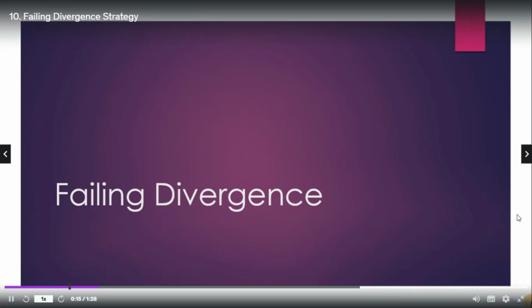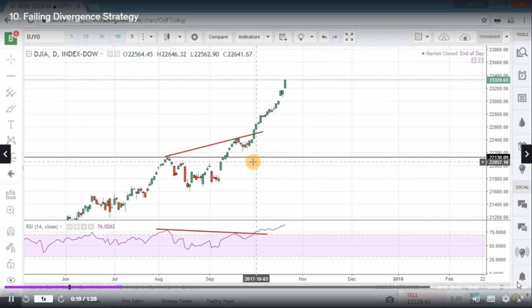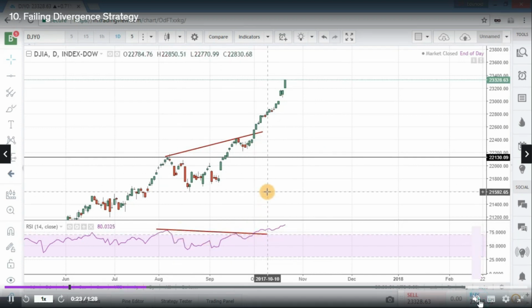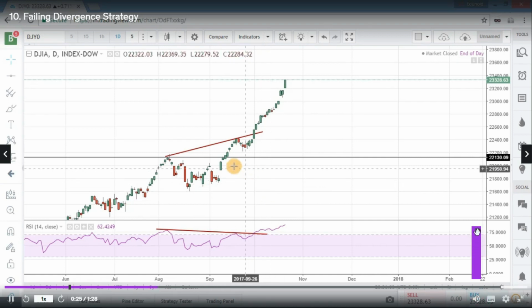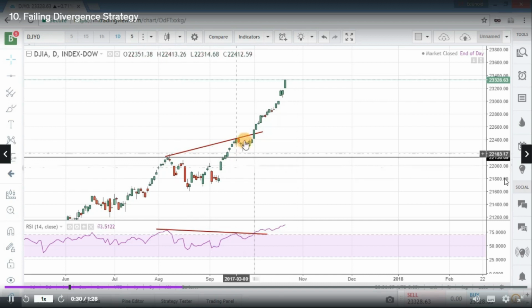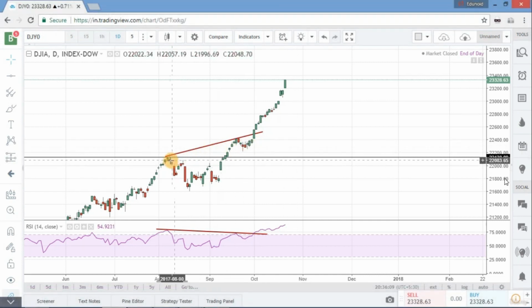Go with the existing trend. In this chart, we are getting a negative divergence. So according to strategy, we should go short when prices break this support line. But as we are seeing, prices are not going in the opposite direction, and this is an example of failing divergence,